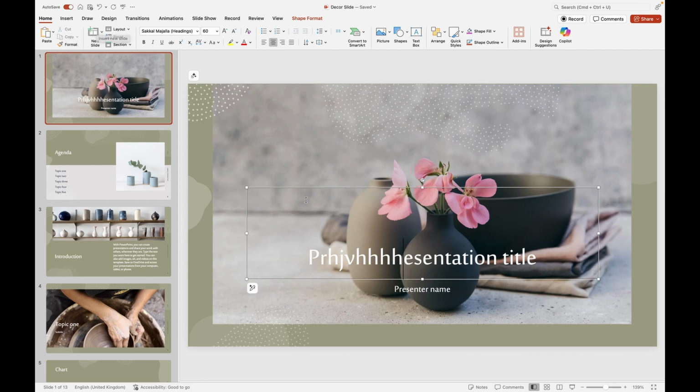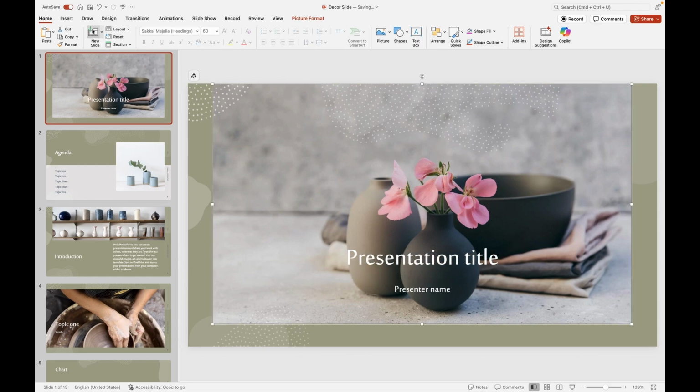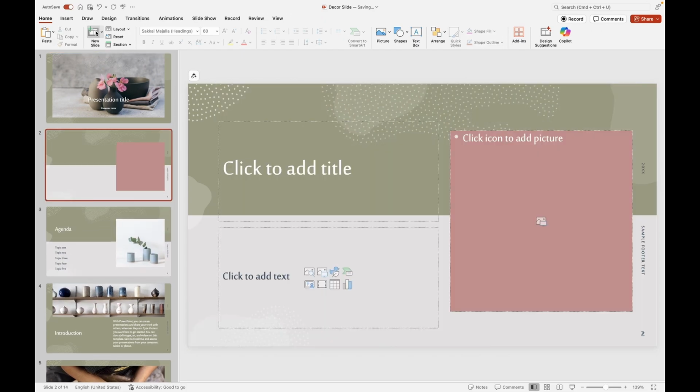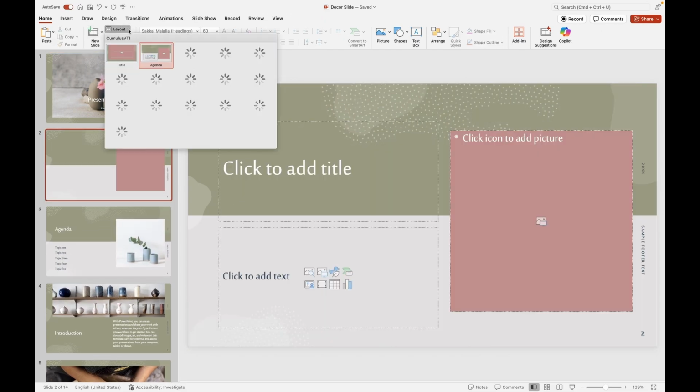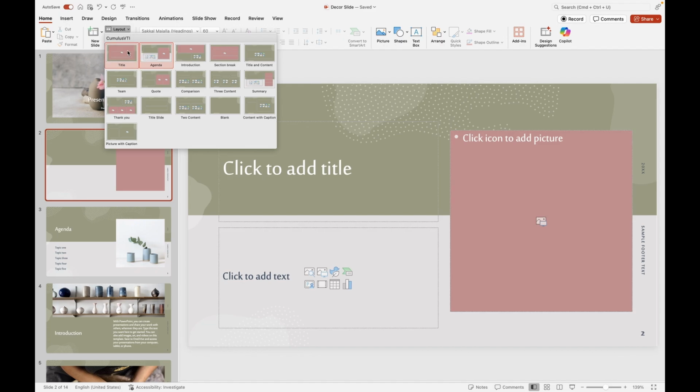In case you want to add a new slide, let me delete this. If you want to add a new slide, you go back and click on this, and then you have a new slide. In case you don't want this layout, you navigate your mouse to layout, the type of layout that you prefer. There is title, agenda, introduction, section break, title and content, summary, three content comparison, and a lot that